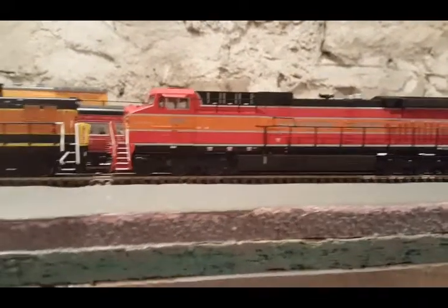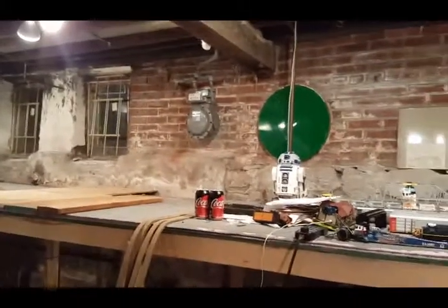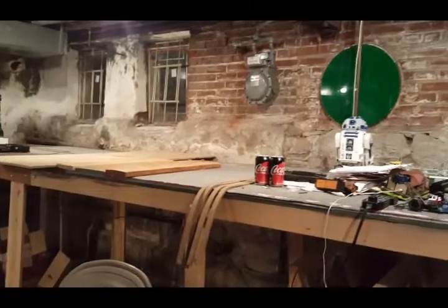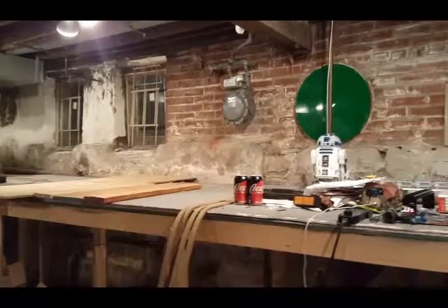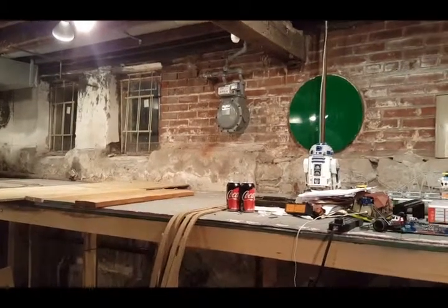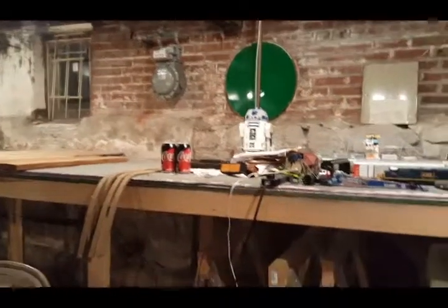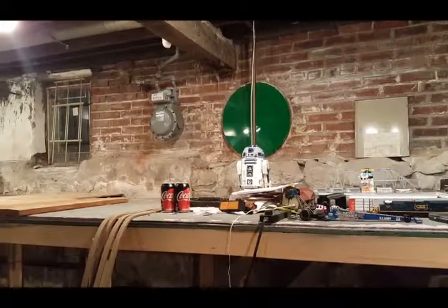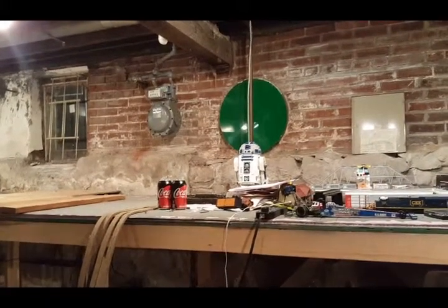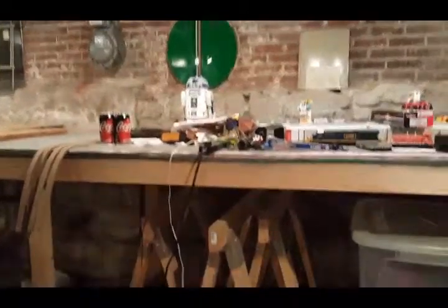Like I said, the layout's under construction again. I decided that when the people that were coming in for the gas came in, I figured I'd give them something to sit on instead of just sitting on the foam there. So I tore the track apart, and that's the first of the teardown. So all the track's going to be coming up. All the cork's going to be coming up. I got to clear off the table so I can get back there and do everything. So everything's going to have to find a new place to sit for a little while